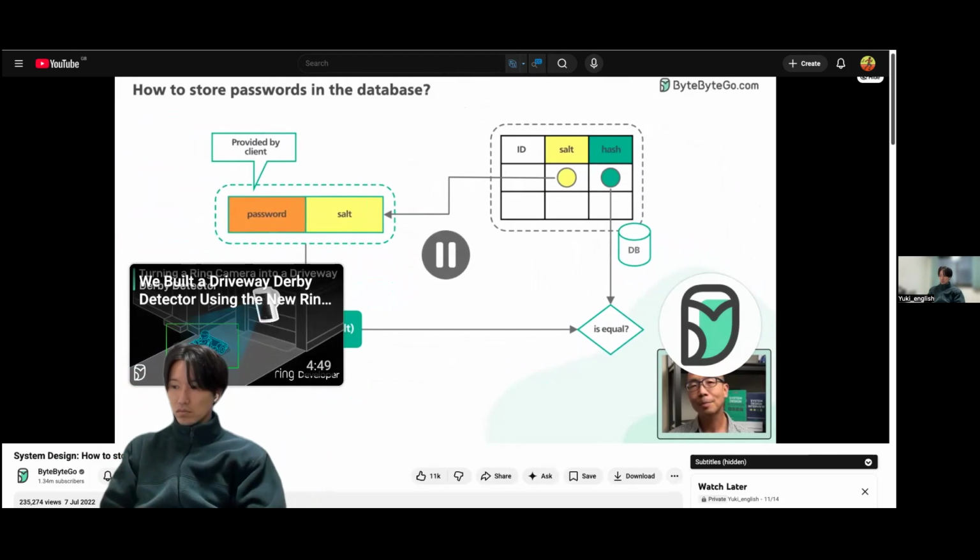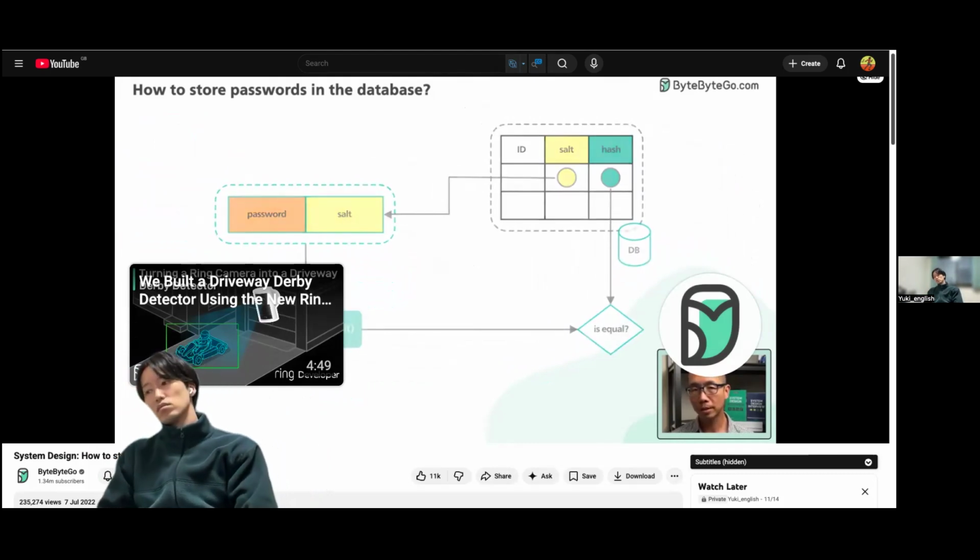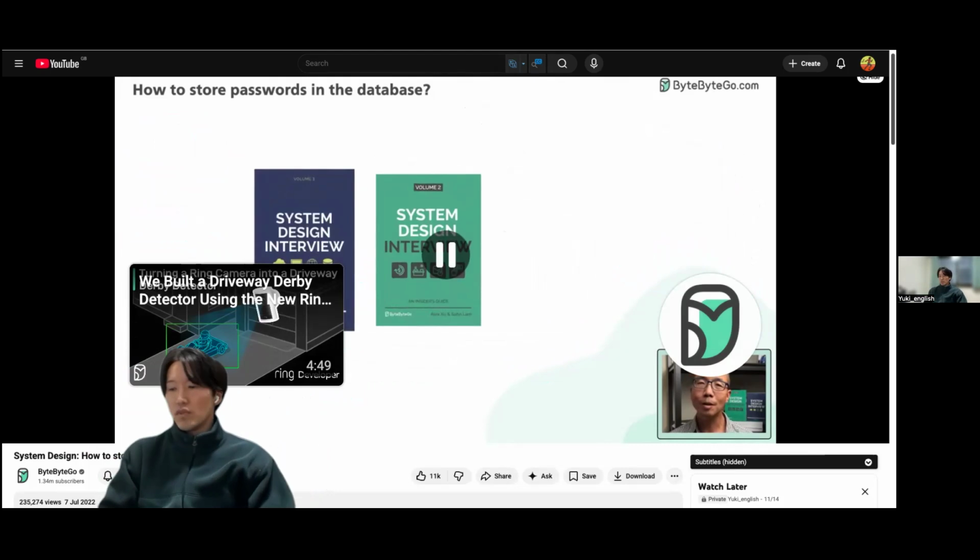That's it about storing passwords in the database. If you would like to learn more about